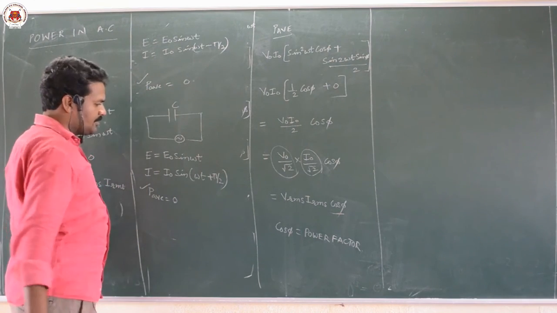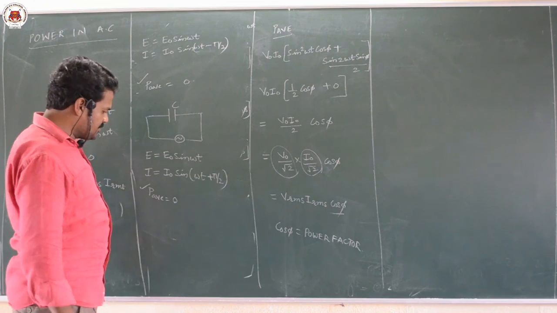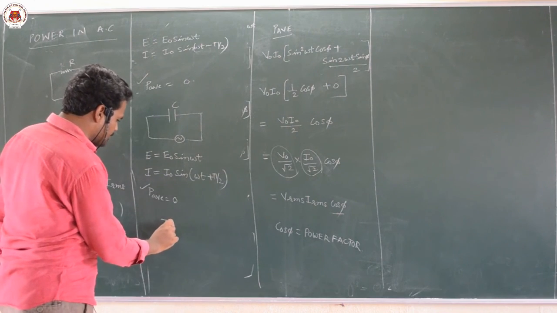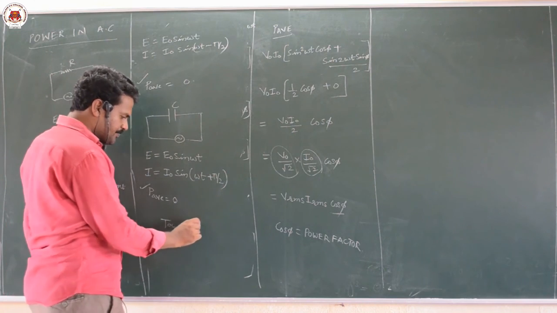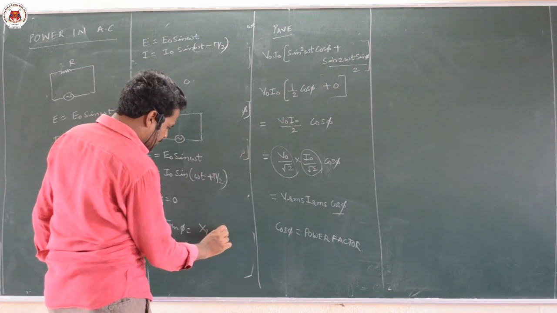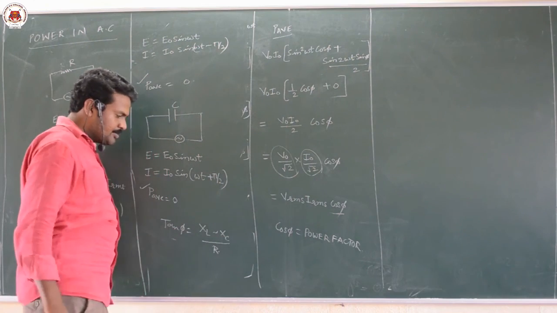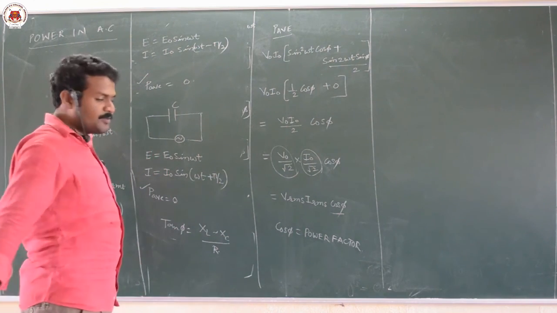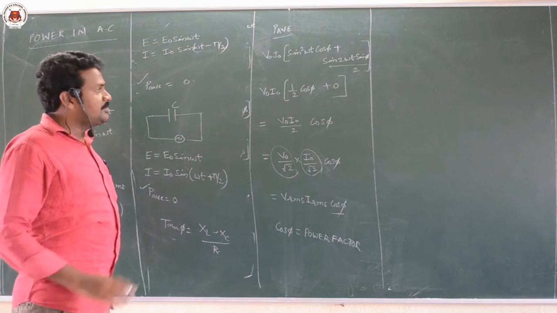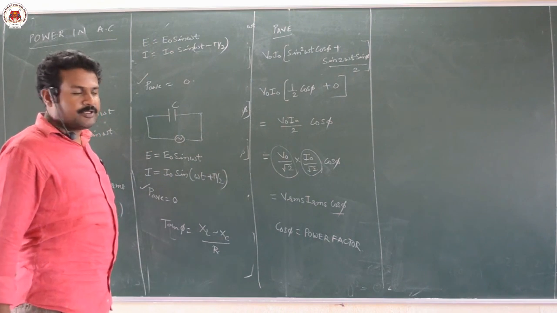So, this is when we connect to different circuits. If you know the phi value, in LCR also, tan phi is equal to (XL minus XC) divided by R. You can convert this into cos phi, then if you substitute in the formula, you can solve for the average power. So, that is how you have to calculate the power.